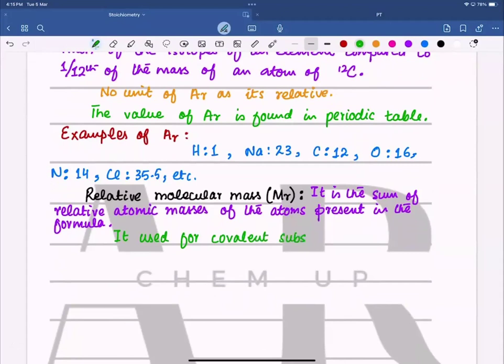So if I say the relative molecular mass of, let's say, methane, it means that methane is a covalent substance. If I say relative molecular mass of carbon dioxide, it's a covalent substance. On the other hand, if there is an ionic substance, then for ionic substance,